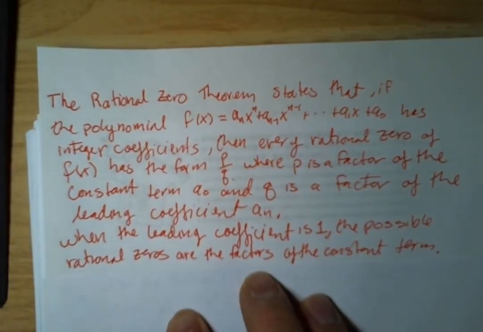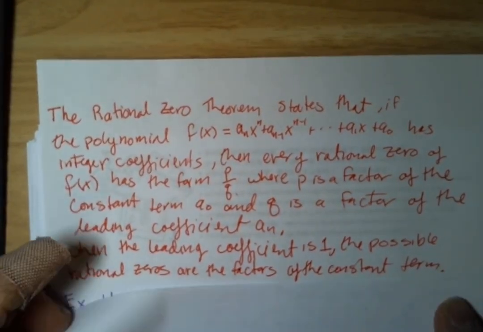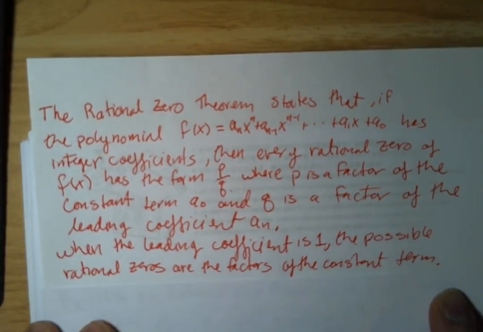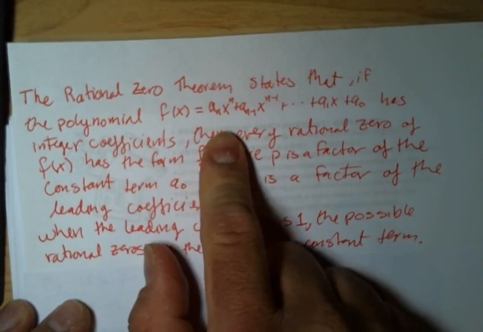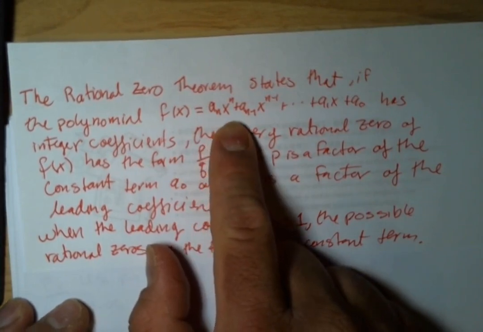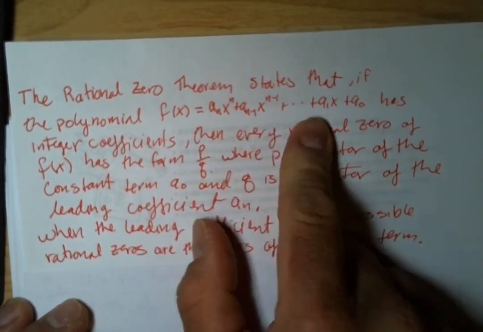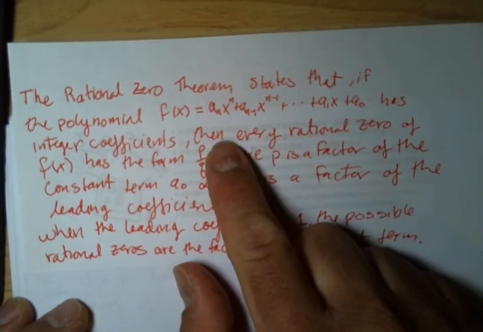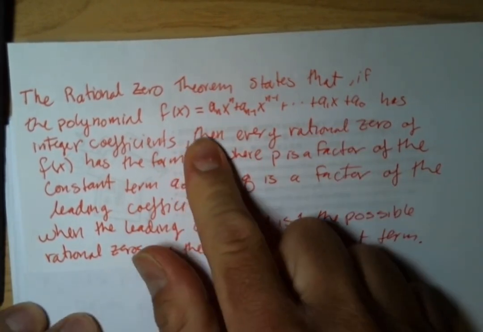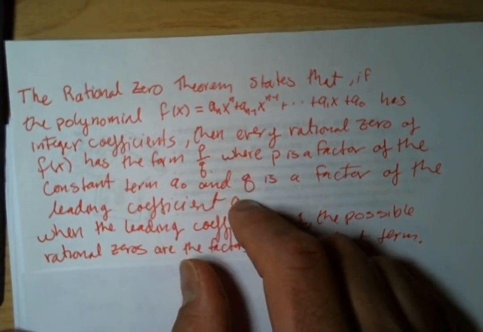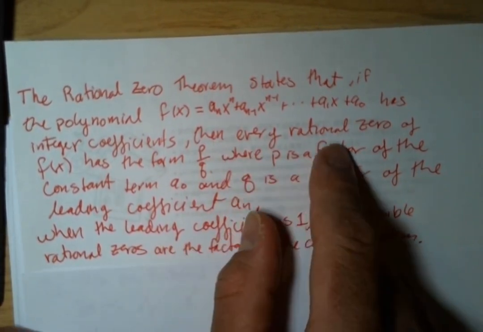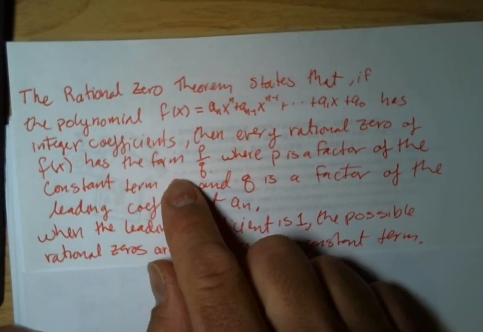Okay, so in this video we're going to look at the rational zero theorem. The rational zero theorem states that if the polynomial f of x, in the standard form of a polynomial of degree n, has integer coefficients, so we're looking at strictly integer coefficients, and all polynomials up to this point that we've dealt with have had integer coefficients, then every rational zero of f of x has the form